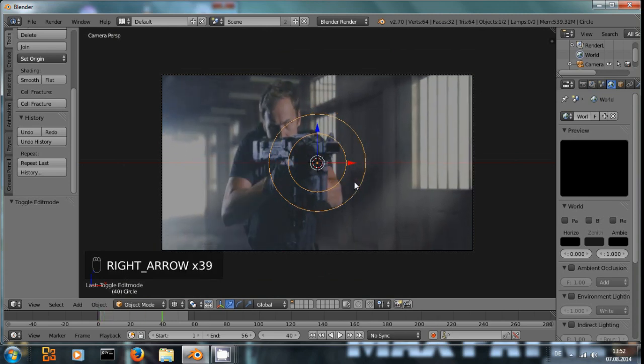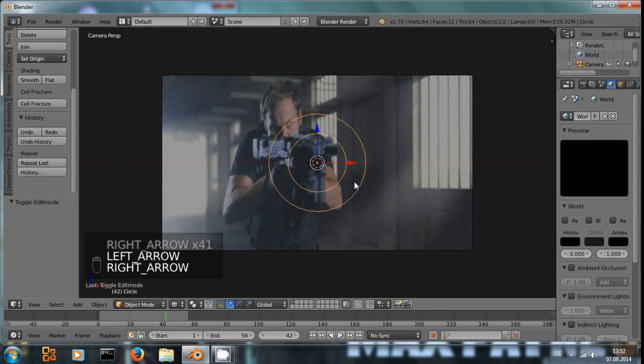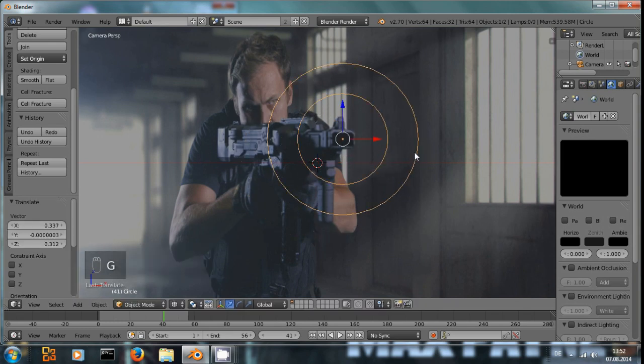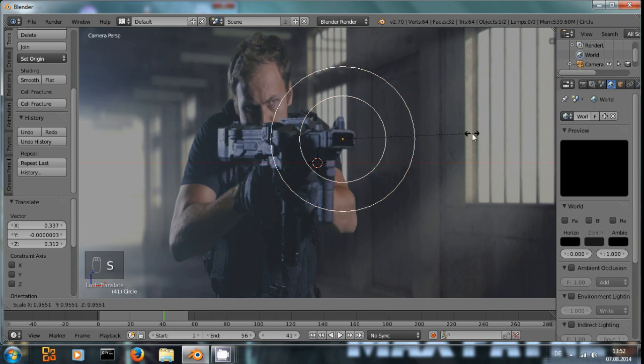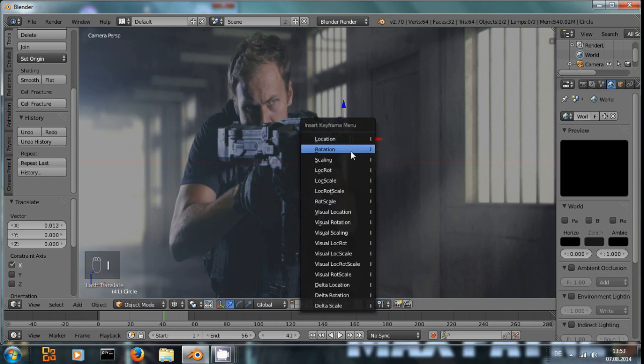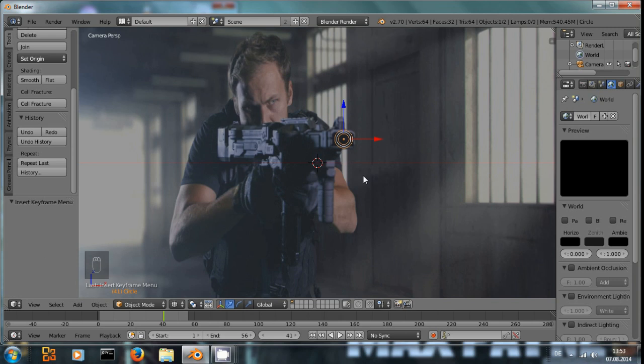Let's find the frame where he starts shooting. Here he begins to pull back the weapon for the recoil, so I will use frame 41. I align the shockwave with the muzzle of the gun, and first of all I will scale it down, like so. I press I to insert a scaling keyframe, and then